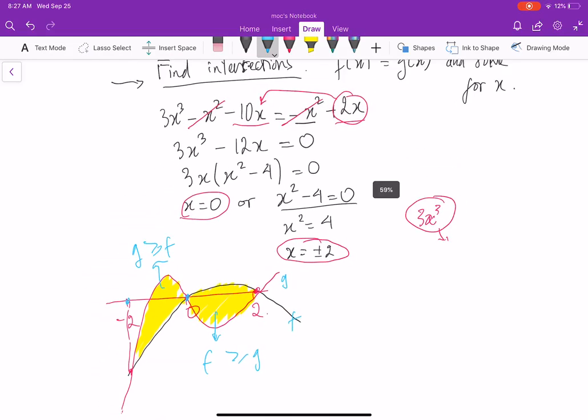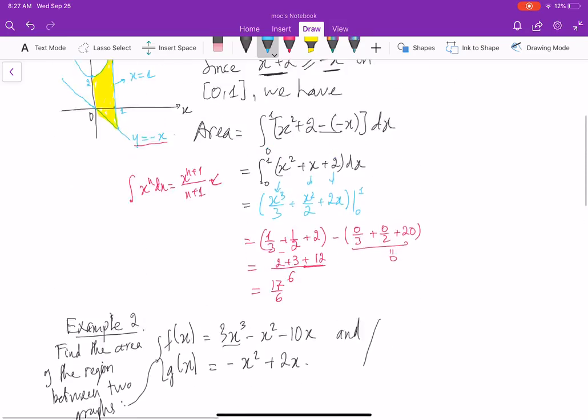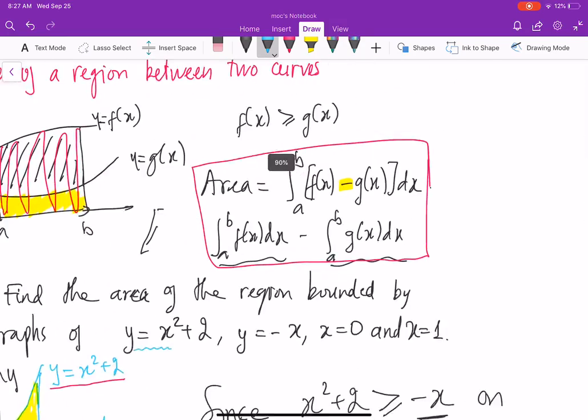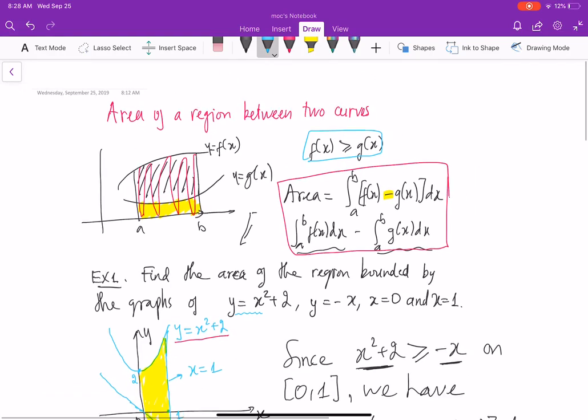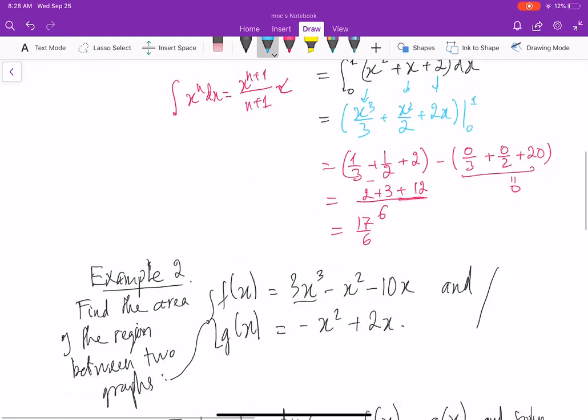So when we apply the formula, let me go back to the formula, right? In this formula, we have to change the position of f and g on each interval. You see? Because here we have f is greater than or equal to g. So I write,